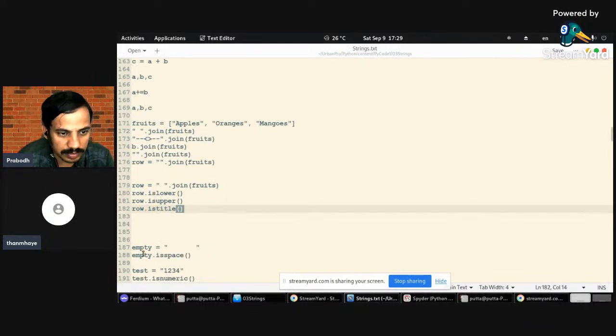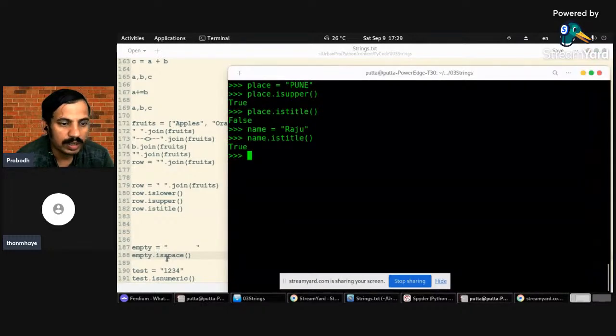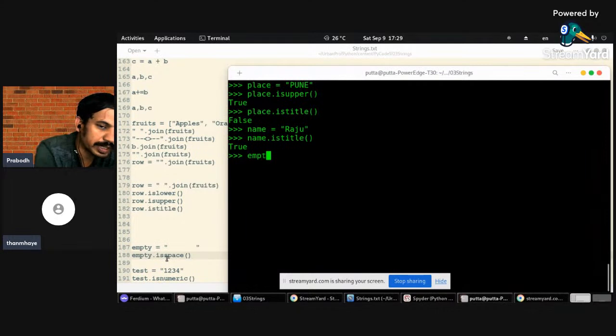Sometimes you even want to check whether a given string is made up of white space characters. So let's create a string empty which is made up of space, white space, tab, maybe even a new line also. Then you can check whether empty dot